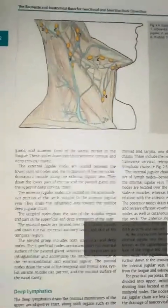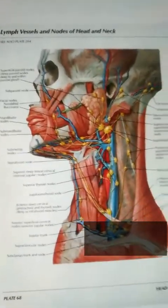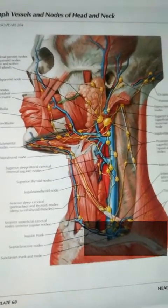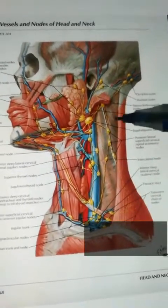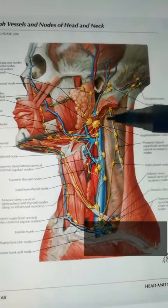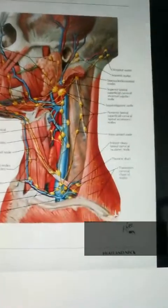Then comes the deep lymphatics. The deep lymphatics drain the mucous membrane of the upper aerodigestive tract along with organs such as the thyroid and the larynx into the deep cervical lymph nodes. The deep cervical lymph nodes include the internal jugular chain and the spinal accessory chain here. This is the internal jugular chain, this is the spinal accessory chain, this is the transverse cervical chain here,